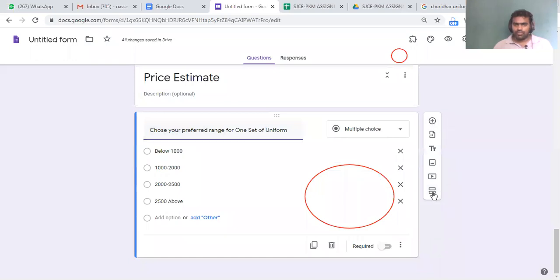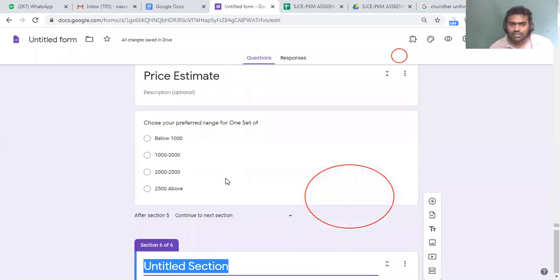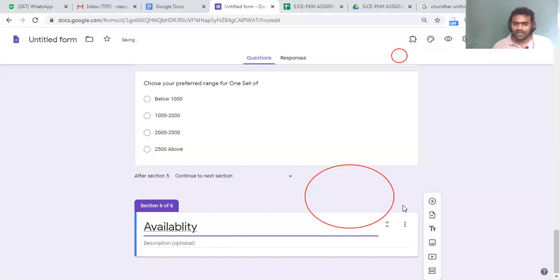Then I'll add one more thing. Number of sets. Okay, I don't know what to add here.